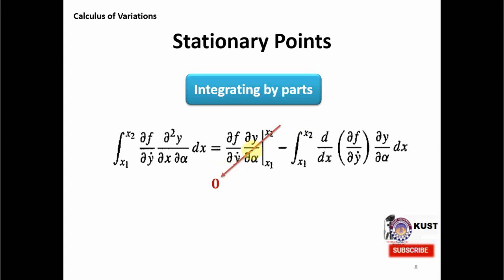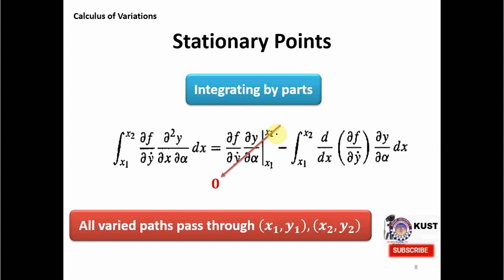And why it is equal to 0 was explained in the diagram in the slides above, where we said that the y at x1 and x2 is equal. So all varied paths pass through (x1, y1) and (x2, y2), which means that the surface terms, or the boundary terms where all the paths meet, are equal. By definition, when we put these limits over here, we get 2 terms with opposite signs,